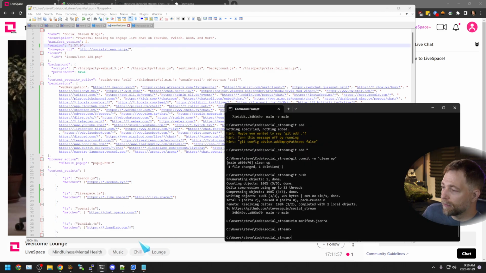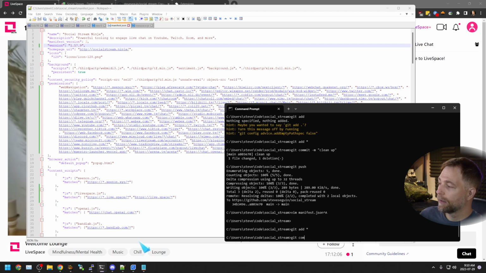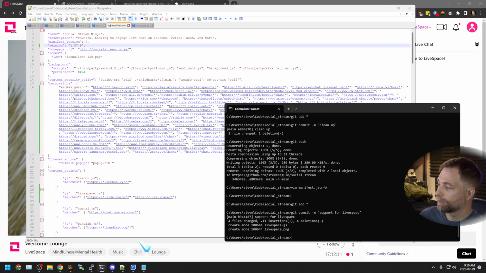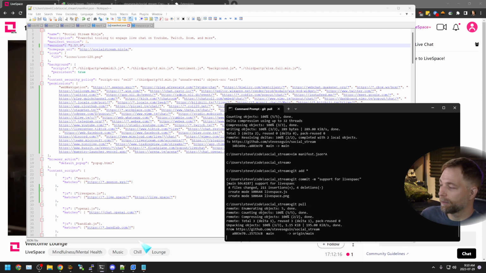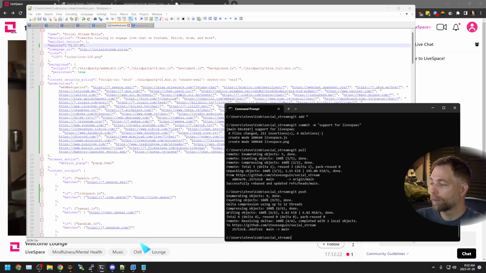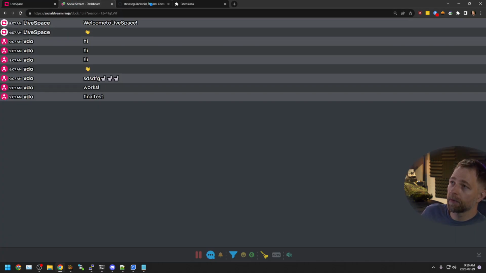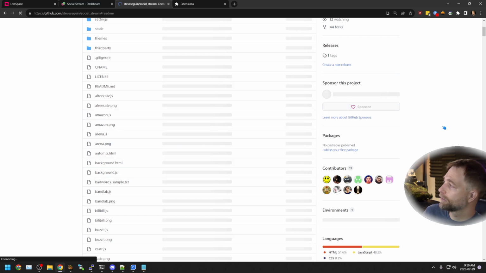Anyways, that's it. Now, you probably don't need to do this, but if you have your own forked version, we want to then add the new changes. We want to say commit, support for Live Space. Who cares? And then maybe I'll do a git pull and then a git push. Boom. So we pulled the changes locally to make sure there's no conflicts, and then we pushed our code into the repo. And so if I go to GitHub and I refresh the page here,